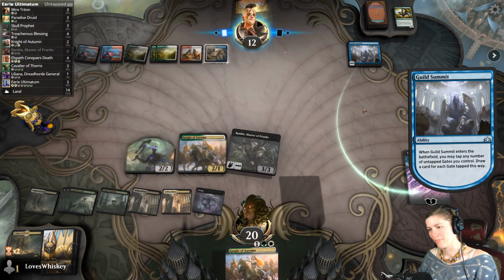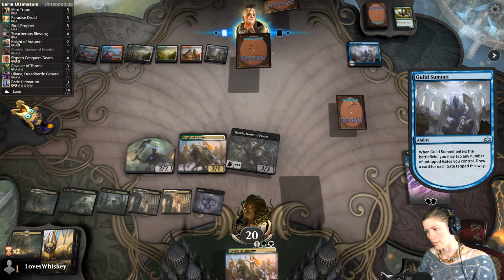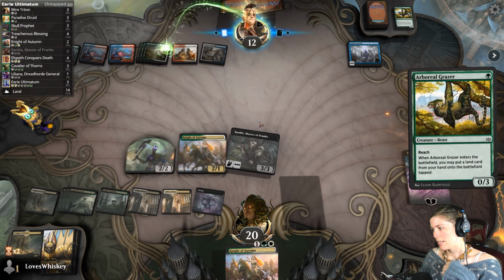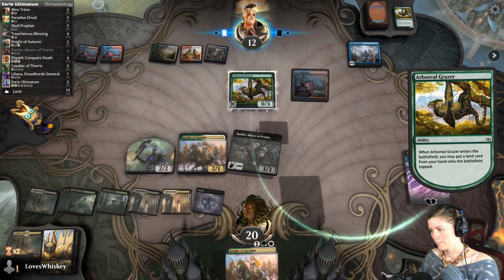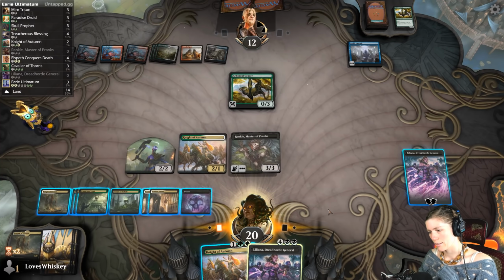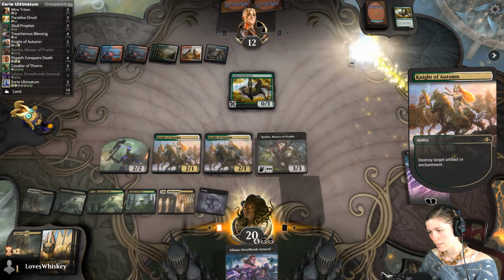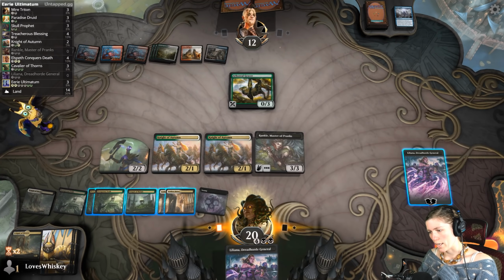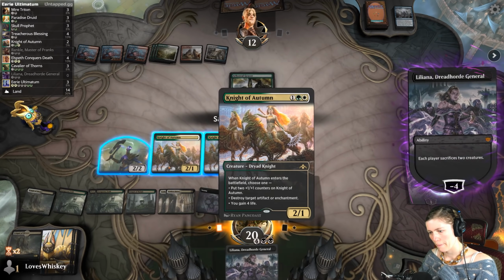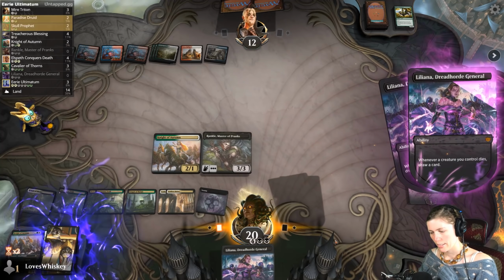Another Guild Summit. Well, that sucks a little bit because they're going to be able to tap all of their lands to draw a ton of cards. Oh, okay. Do they have another Gates Ablaze? No. Man, Guild Summit. Gotta get rid of it again. Get rid of that. We don't want it. And I think we're going to minus her again. Get out of my way. To draw cards. Because we want to draw cards. They were allowed to